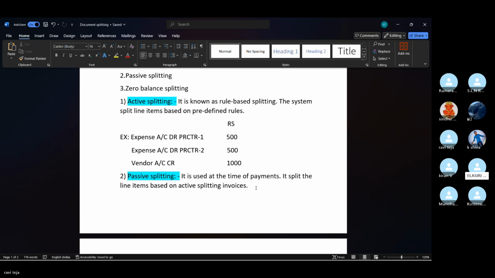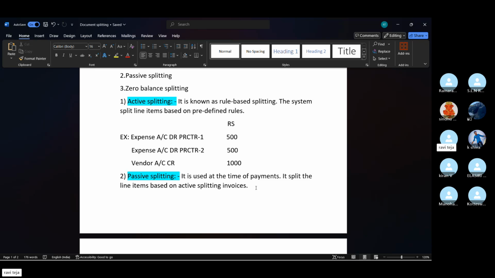Now my GST line item is posted into double line items. So in this scenario, where is active splitting working? You have to tell me that process, give me the document splitting process and explanation, and how the entry will come. You tell me that one.